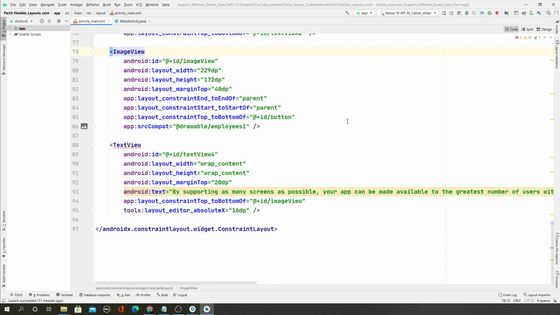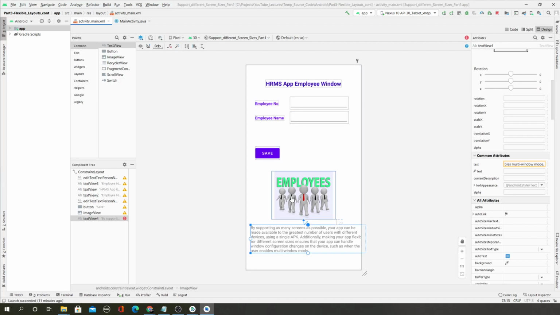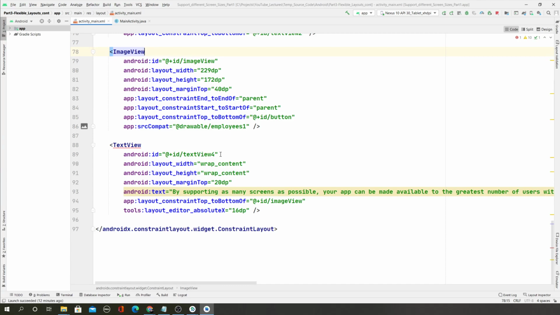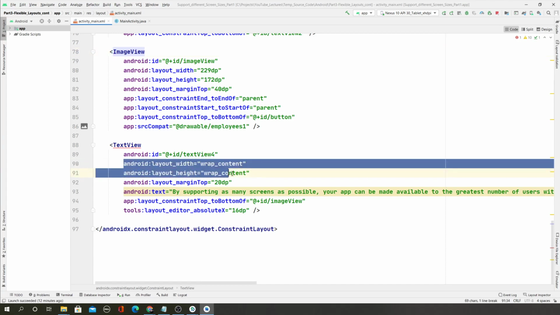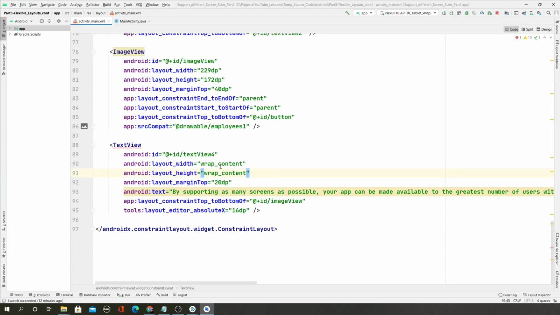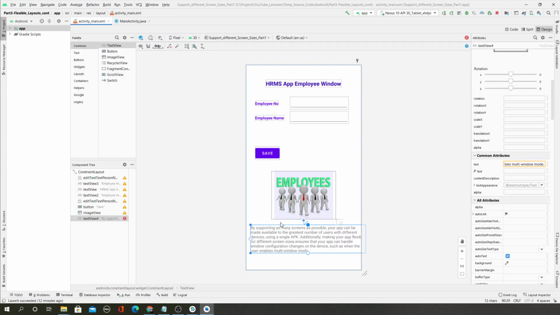Now if you look at this situation, because it's a larger text, we don't mind the label coming towards the left hand side. But still, as we have an error, we can solve this error by going to the coding and now see the width and the height, right? By default it's wrap content and wrap content, but what I can say is the width is towards this horizontal side.